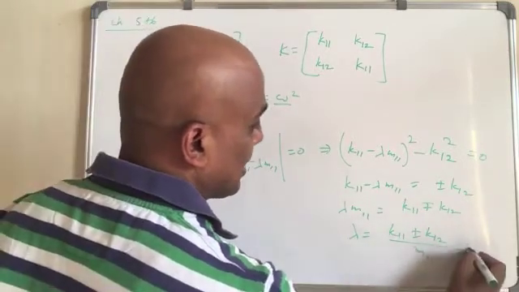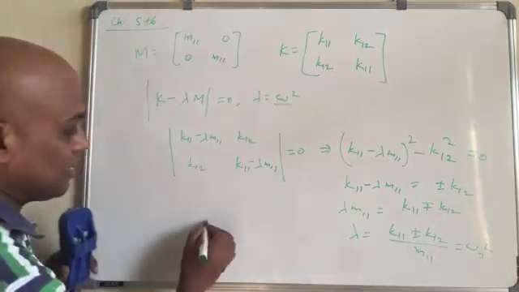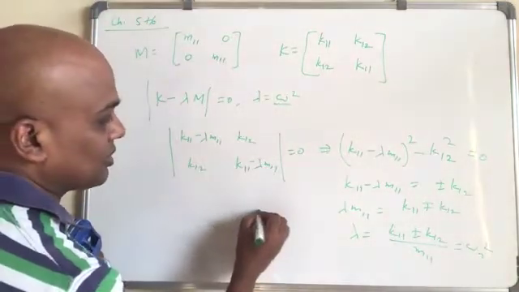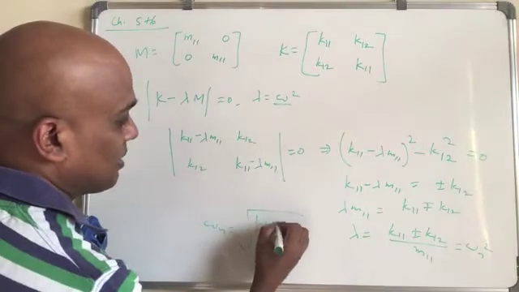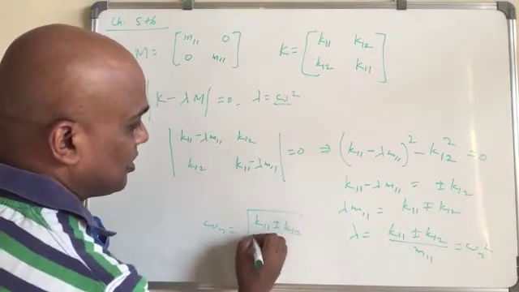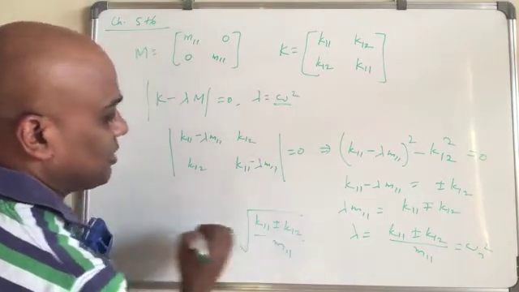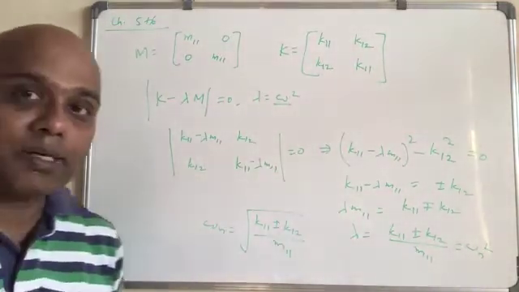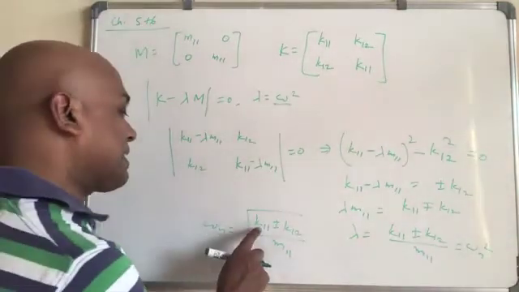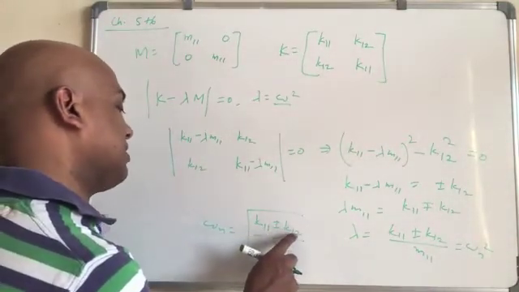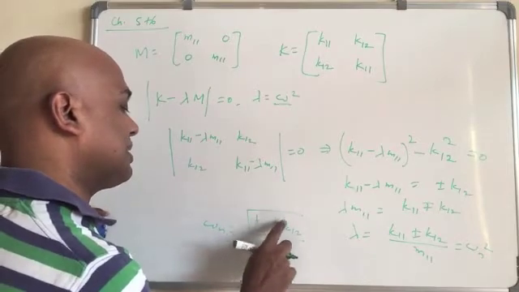So this is omega n square, and hence omega n equals root of K11 plus or minus K12 over M11. Okay, so here you would say that K11 is greater than K12,